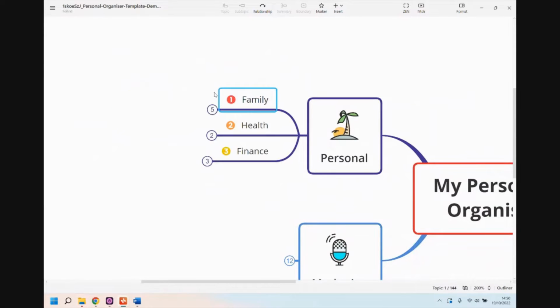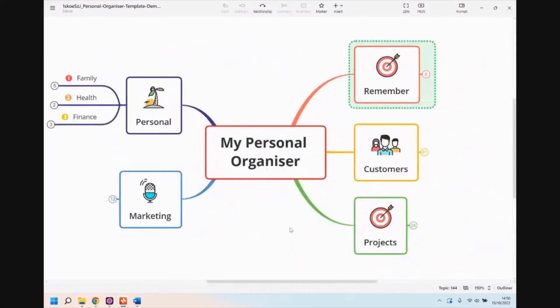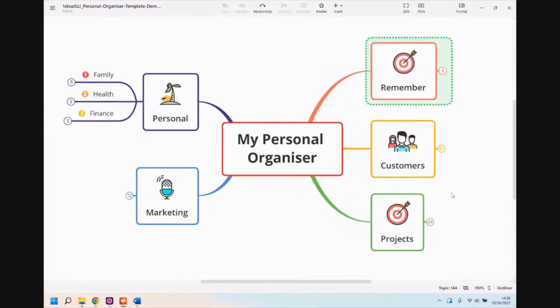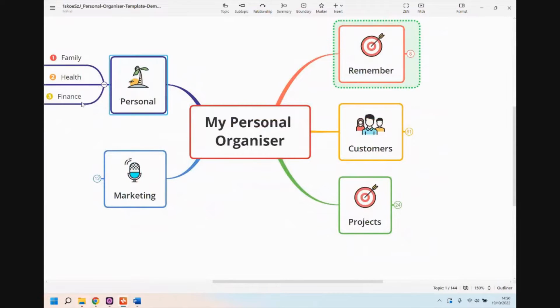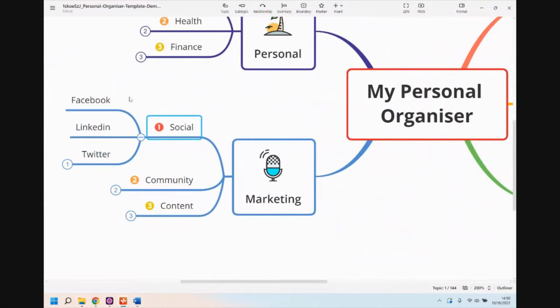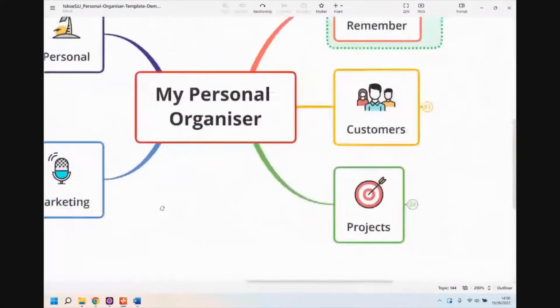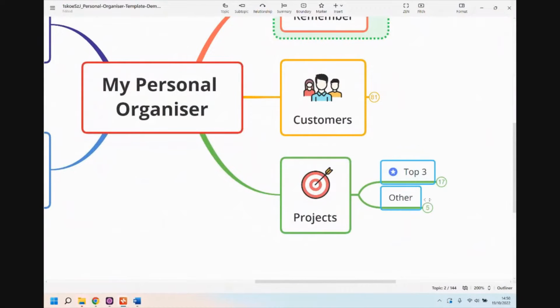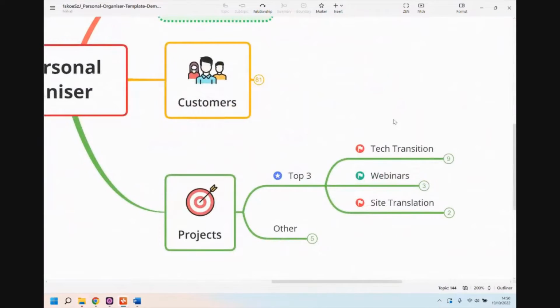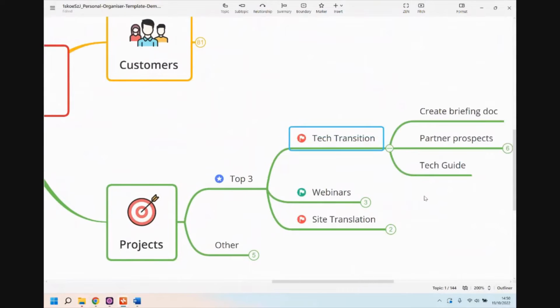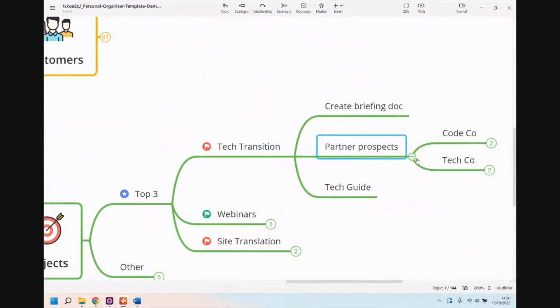So using a mind map as your sort of central control room for all of the different things, from your personal tasks, maybe you're in a marketing role in your business, so you've got some activity that you've got to plan there. Maybe you've got particular projects in progress over here. So again, we've got those icons, we've got the branch structure, we've got lots of different information all in one